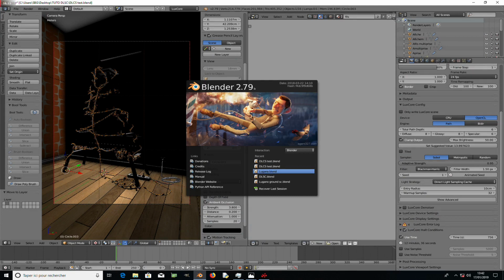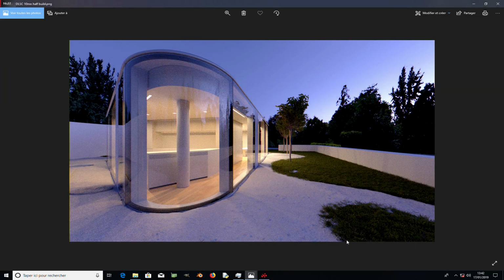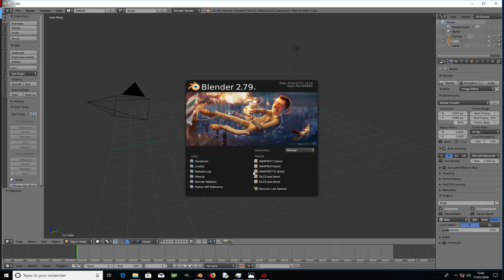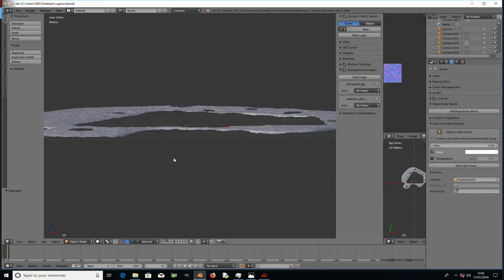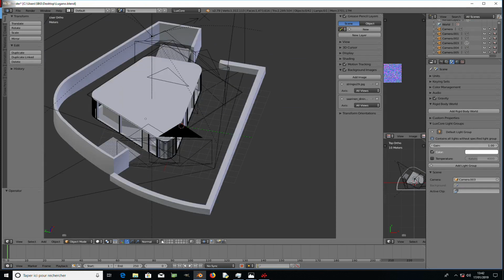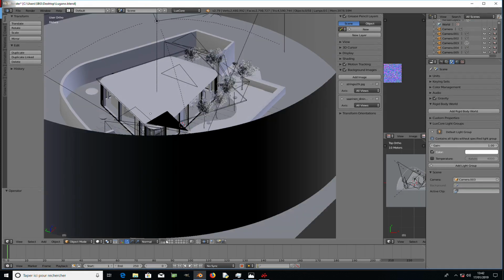Lugano. Wait a minute, and we see, oh, Blender crashed. So we try again. Don't have it here. Lugano. Wait a minute, let Blender open the file. Okay, this is the sun. Okay,